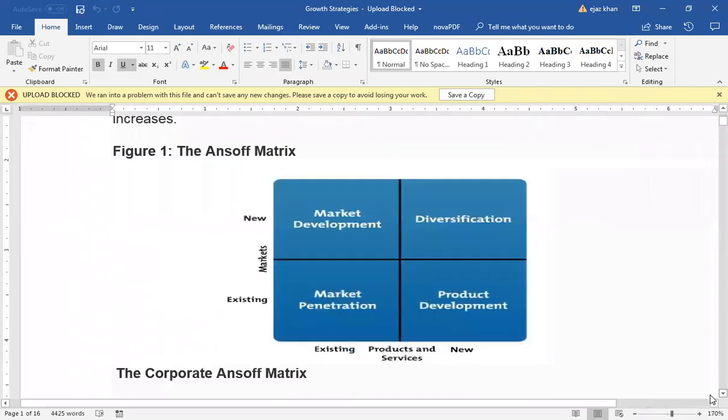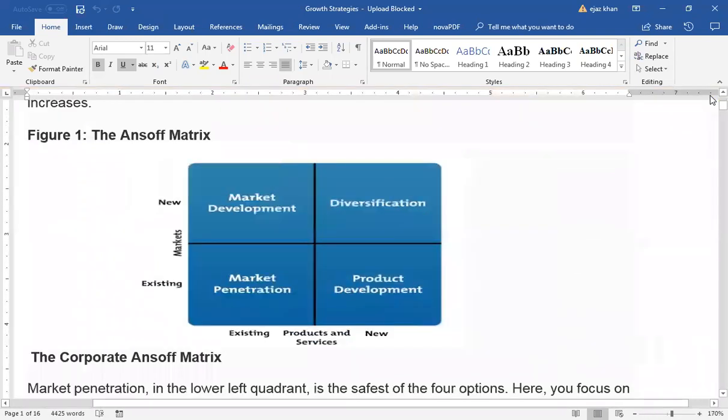If you look at this diagram of the Ansoff Growth Matrix, you can clearly see that on the x-axis it has products, on the y-axis it has markets. Now, if a company wants to stay in its existing market,